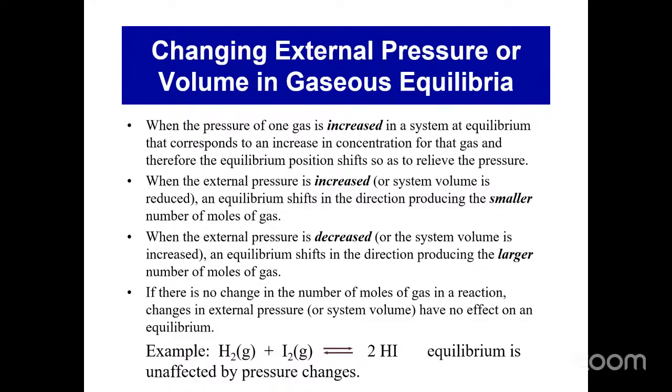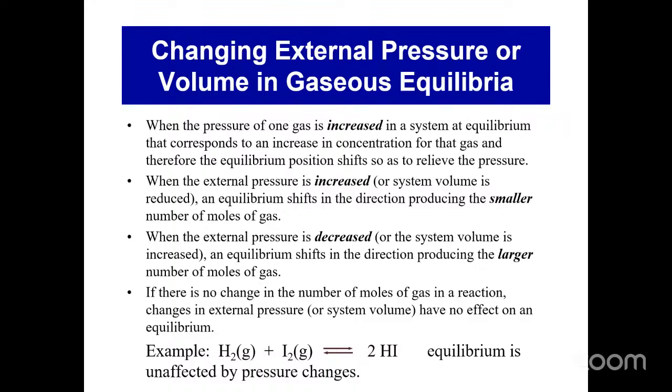And that makes sense, right? If you have 2 moles of gases on either side of the reaction, then either increasing or decreasing the pressure will not make any change in terms of the total pressure. You can increase or decrease, but it won't change the equilibrium position, right? Because there will be no shift to a side which has fewer gas molecules, because both sides have the same number of gas molecules, right? So in this particular case, as stated here, the equilibrium will not be affected by any changes in the total pressure, right? Now you can change the pressure of one component, right?